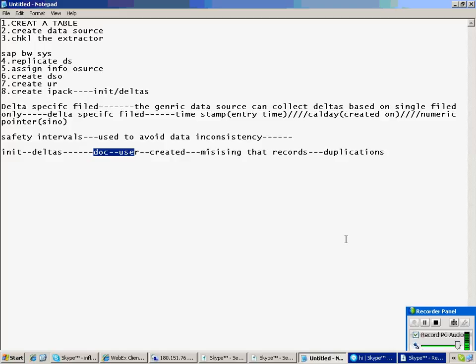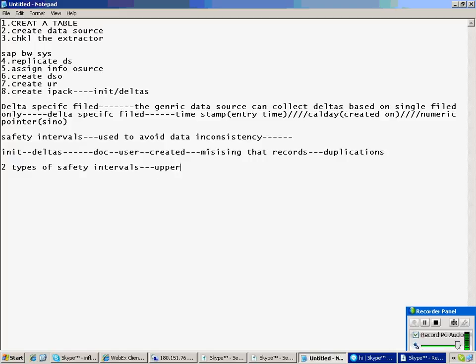Right. Now I want to use safety intervals to avoid this inconsistency. There are two types of safety intervals.